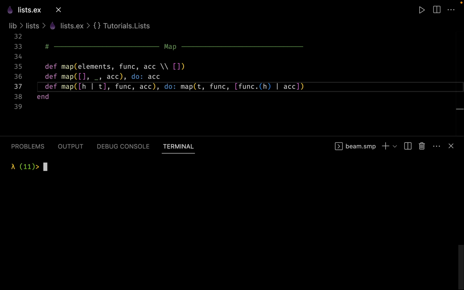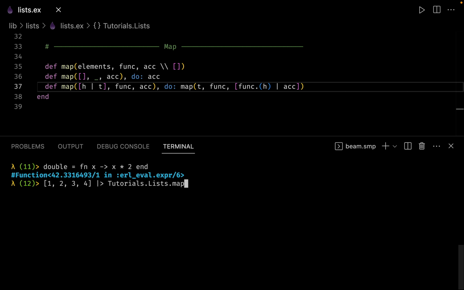Here let us create an anonymous function called double, and what we want to do is simply take the element and return that element multiplied by 2. And now let us see how we can use the pipeline operator. So for example, we have a list like this: 1, 2, 3 and 4, and what we can do is take these elements and pipe these elements to our function of